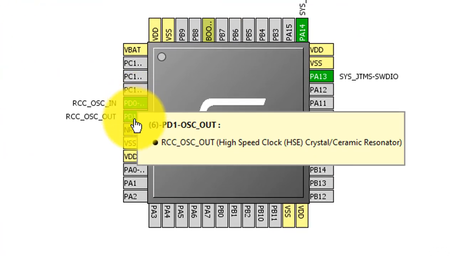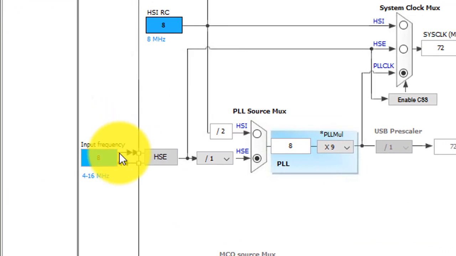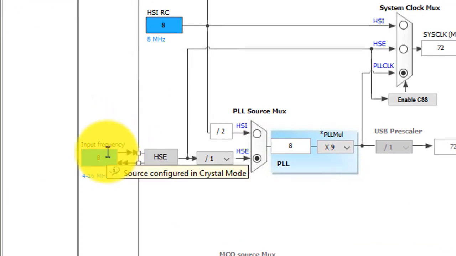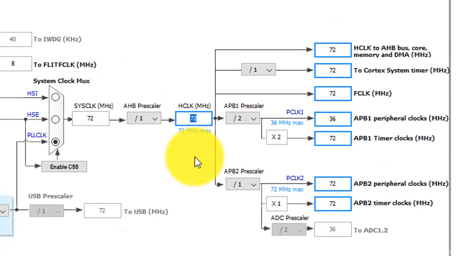These two pins will be used to connect to the crystal oscillator. Here in the clock configuration tab, you can set the external crystal value. In my board, the external crystal value is 8 MHz. After that, you can set the sysclock frequency to the maximum value, which is 72 MHz for this microcontroller, and